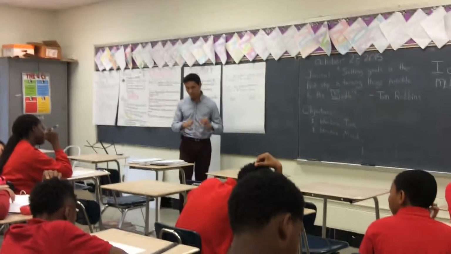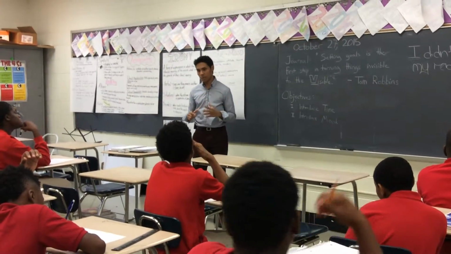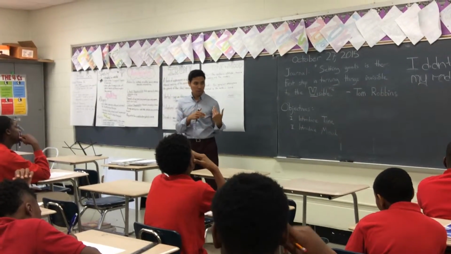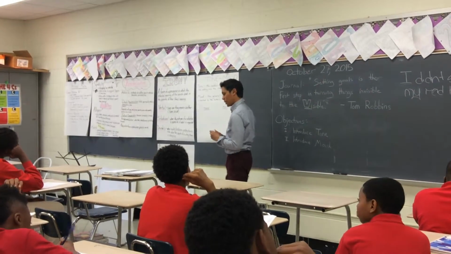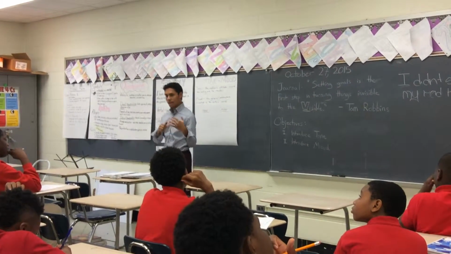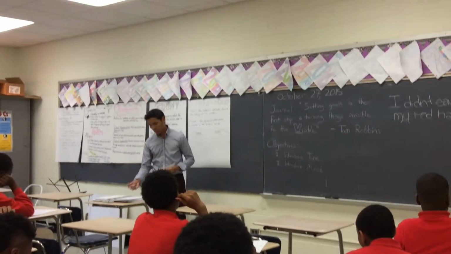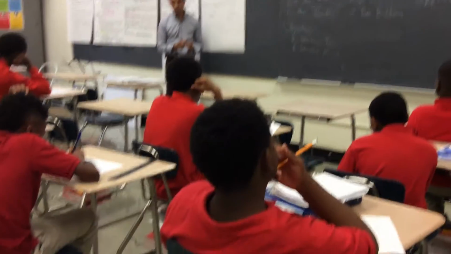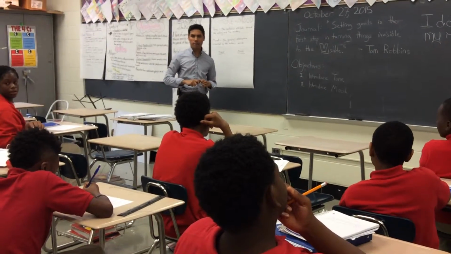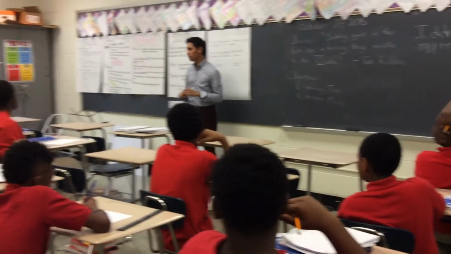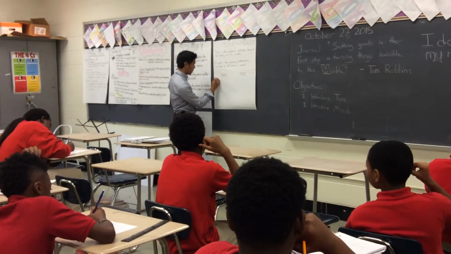Okay. Now keep in mind, again, tone is what the author's attitude is, and mood is how he wants the readers to feel. So do you think that tone and mood could be pretty similar? Yes. In this case, they probably will be, because his characters are happy, it's a joyous scene, he probably wants the reader to be kind of on the same level. So what would we say is the mood for the first example? Any ideas? Yeah, Amir. Yeah, sure. We could put happy either for tone or for mood.